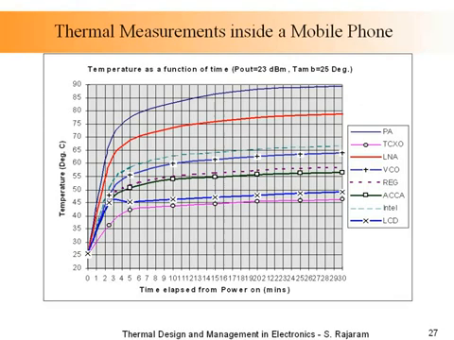Here's actually a measurement inside a mobile phone, and as you can see, when you start talking on the phone, inside the phone, these devices run very hot. You can see the worst is the power amplifier. For those of you, if you talk for a very long time, and if you touch the phone at the top, that's where the power amplifier sits, you will notice that that is the hottest part of the phone.